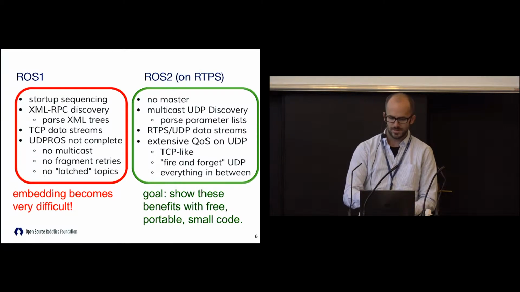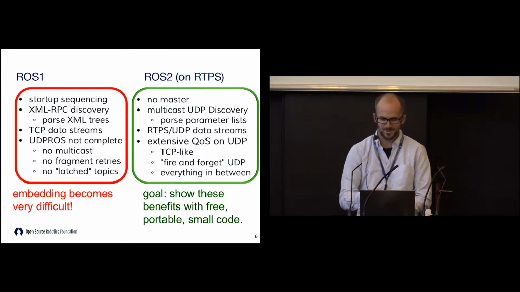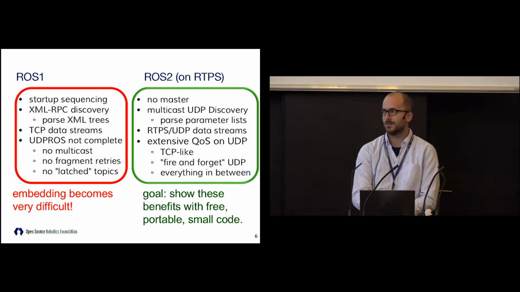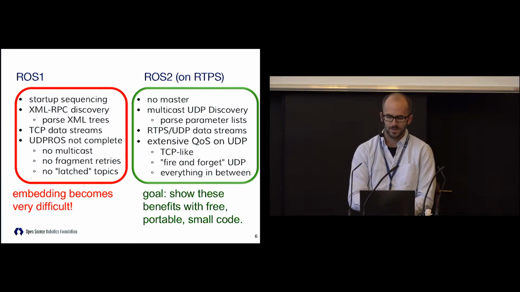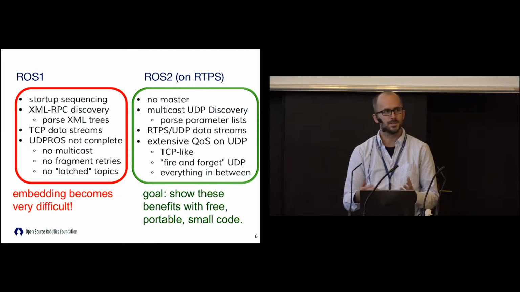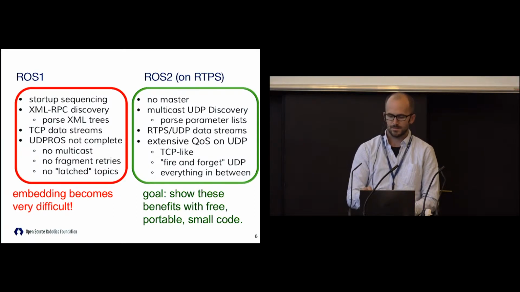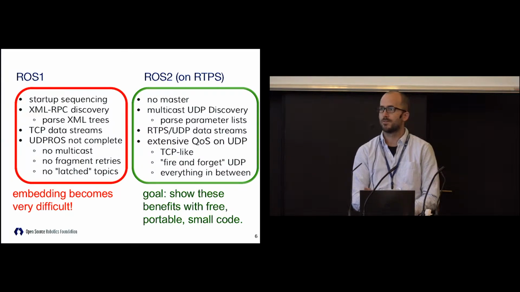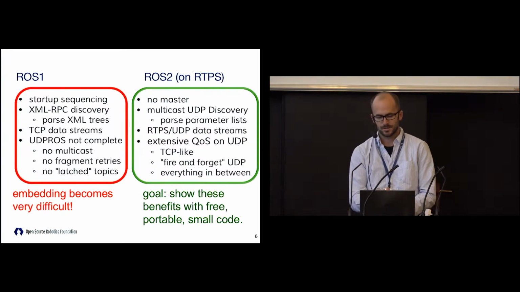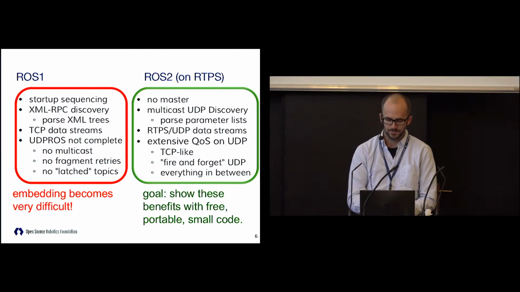With ROS2, this is the happy column, happy music, full color part of the infomercial here. There's no master node. It's actually a fully distributed system. It's multicast UDP discovery. That just means all the nodes come up and they start sending multicast packets to the network. And those, in RTPS, the protocol beneath DDS, which is beneath ROS2, are just a parameter list. So instead of this tree structure you have to parse out in ASCII, it's just a well-defined list of parameters.